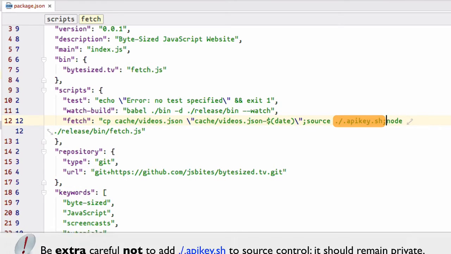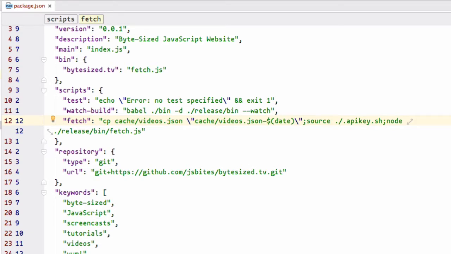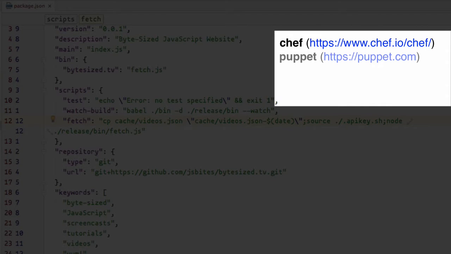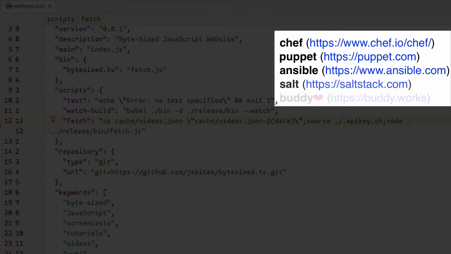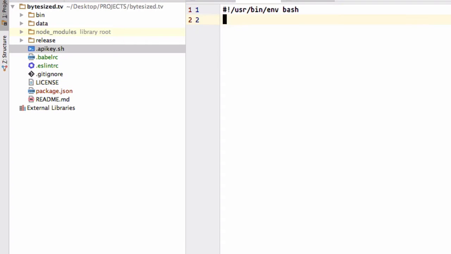You should be extra careful not to put this file into source control because it contains authentication information that should not be shared with anyone else. In a production-like setup, this environment information is generally provided by an infrastructure automation system like Chef or Puppet or Ansible or SaltStack maybe. And that's all we have to do for the npm scripting part for now, at least I think. And for the API key part, it should look something like this, where you inject your own YouTube API key